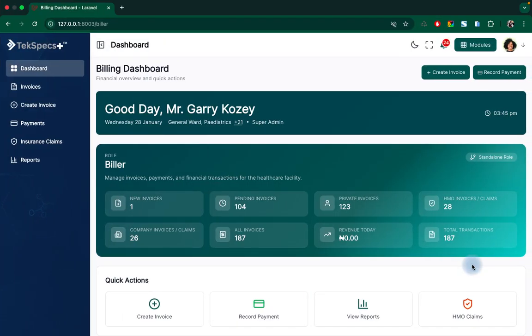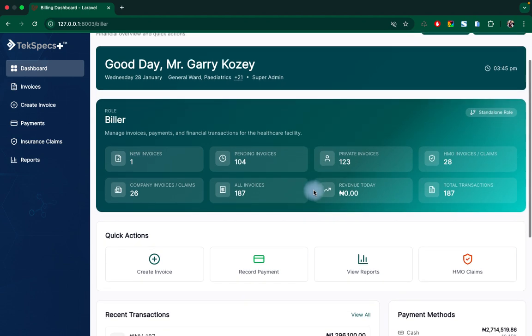Alright, for this video, we're going to talk about the Biller module. This is the module responsible for processing payment. And just like other dashboards, you get an overview: start of new invoice, pending invoice, private invoice, HMO invoice,